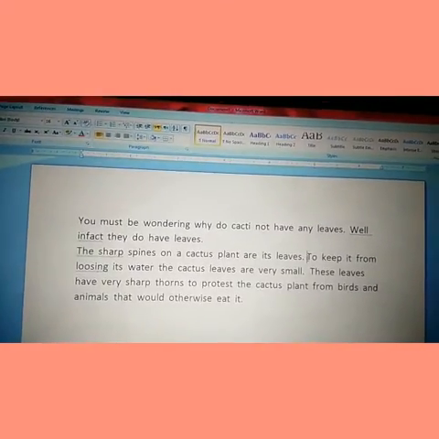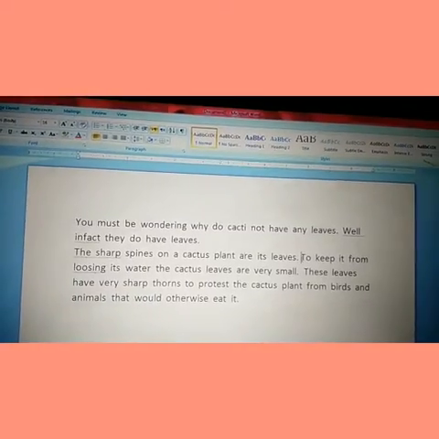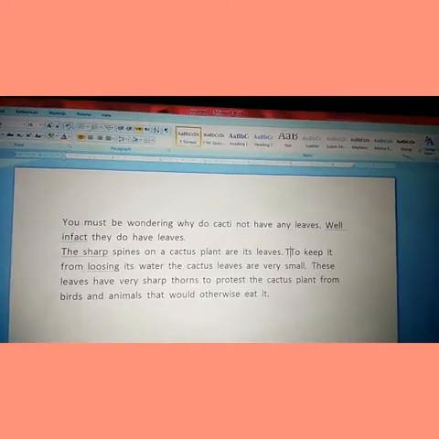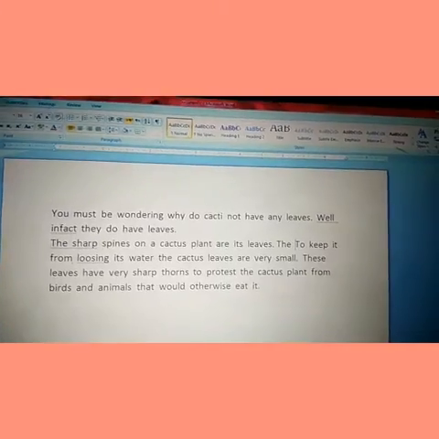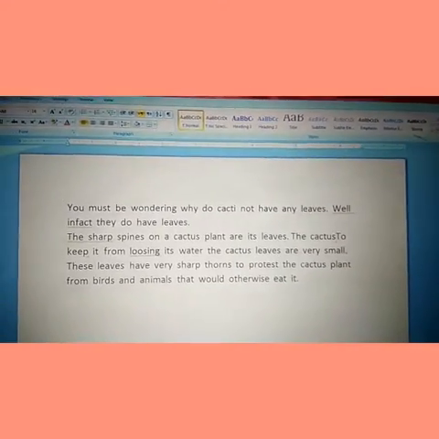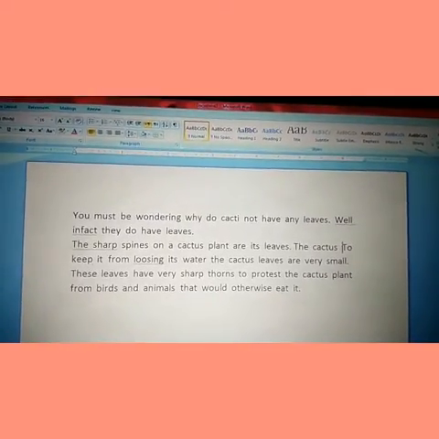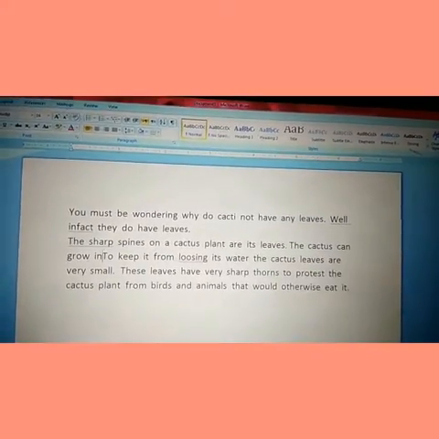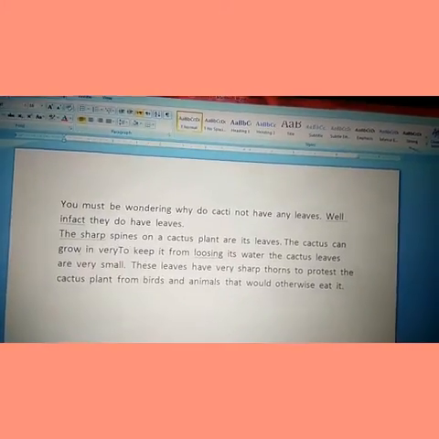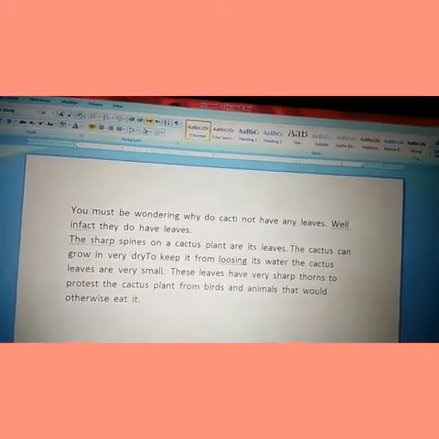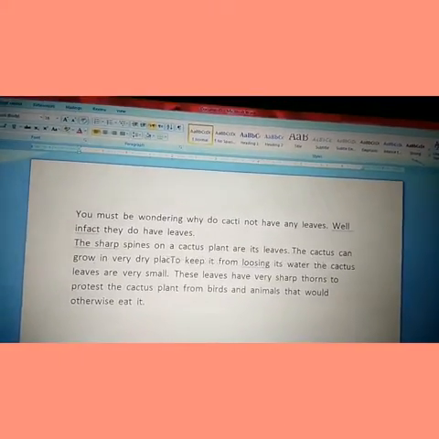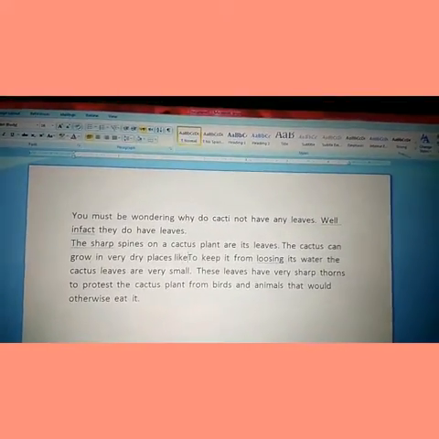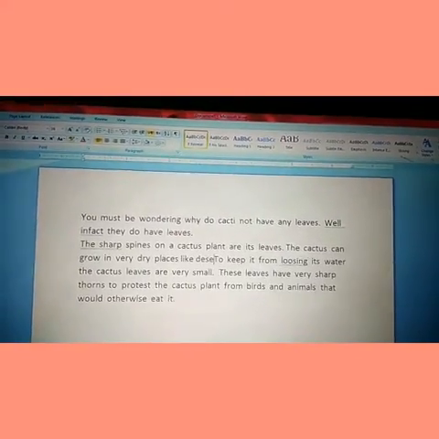Write in this next: press capital T, then small h, e, space, cactus, next can grow in very dry places, space, like deserts, DESERTS.